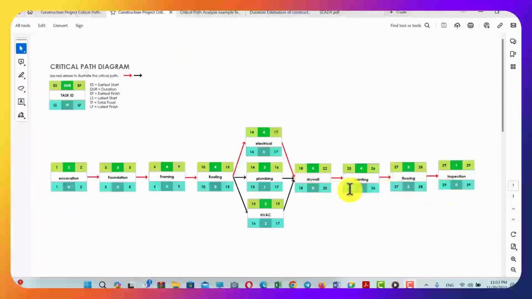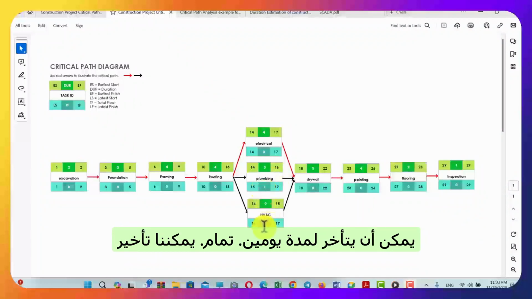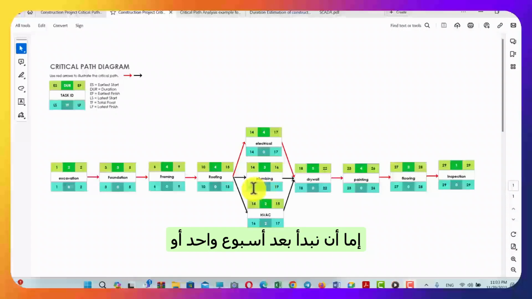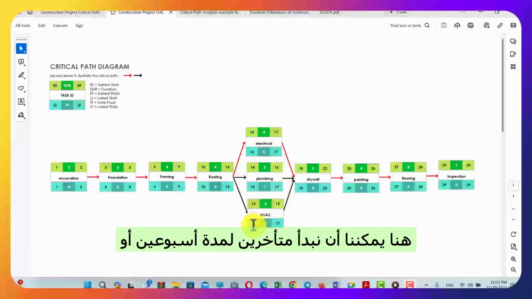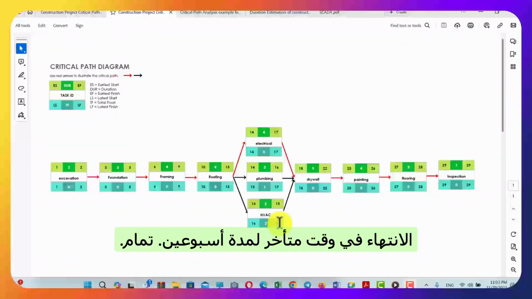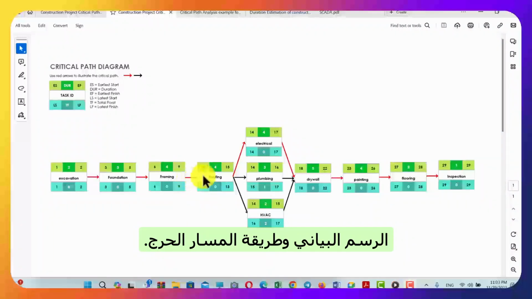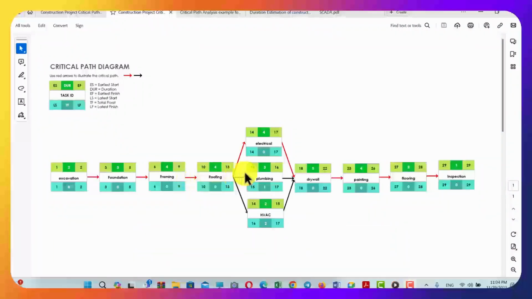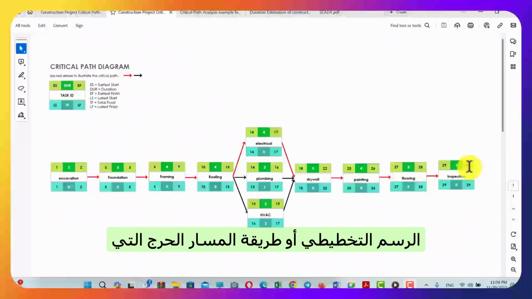We cannot delay. But here we can delay by 1 week. Here we can delay by 2 weeks. We can either start 1 week late or finish 1 week late. And here we can start 2 weeks late or finish 2 weeks late. So this is, in simple terms, the critical path diagram and the critical path method. This is the estimation of the duration for our example using the critical path diagram or the critical path method,